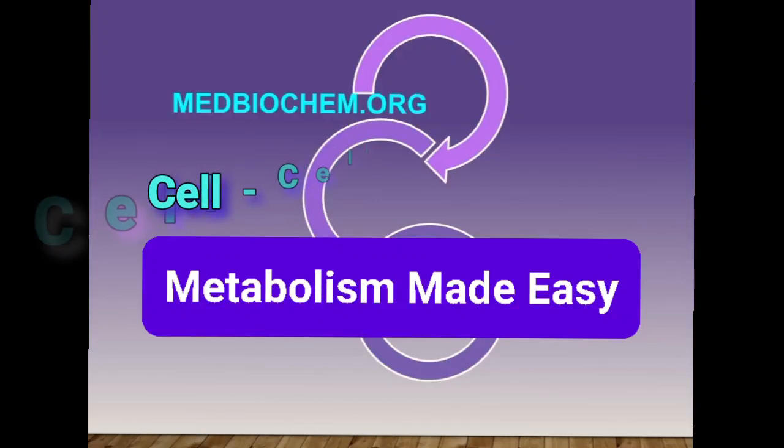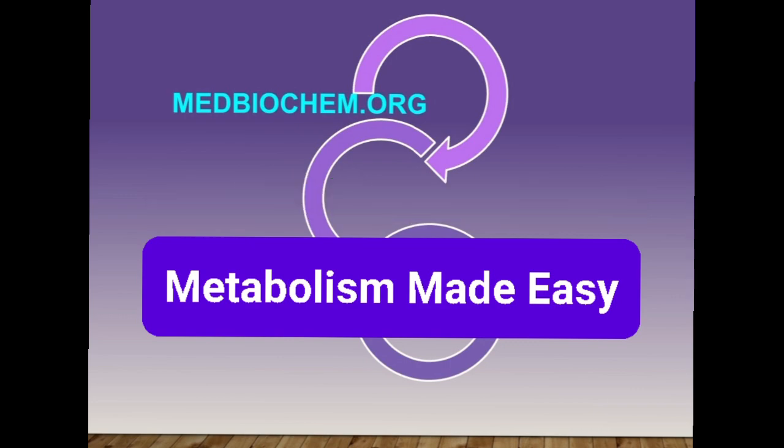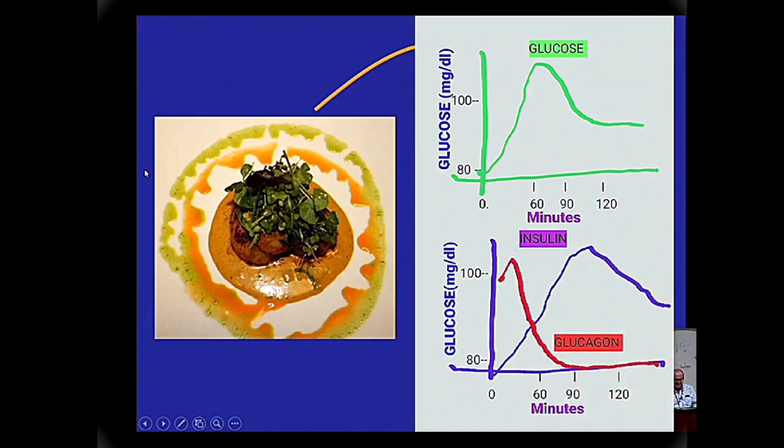So I'm going to give you a real-life example. This is how I usually like to start this lecture. A real-life example, which is, let's say you just had something to eat. Let's say you just had lunch. And after you have a meal, the first thing that will arise, and this is really the glucose concentration in the bloodstream here, in milligrams per deciliter or 100 mils. After a meal, within a few minutes, really, after a meal, you start to see a rise in blood glucose.